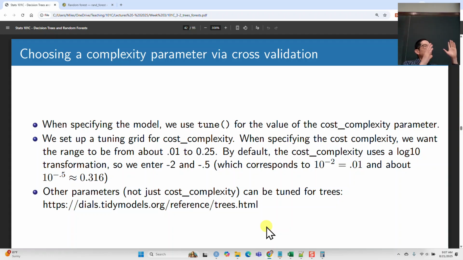What if I build a tree but I use a different rule and I say, hey, only build a split if the complexity parameter is at least 5%. So only keep a split if the improvement is at least 5%. Okay, so you're going to get a less complicated tree, right? You're not going to have as many splits, but we're going to say, okay, well, how well does this perform